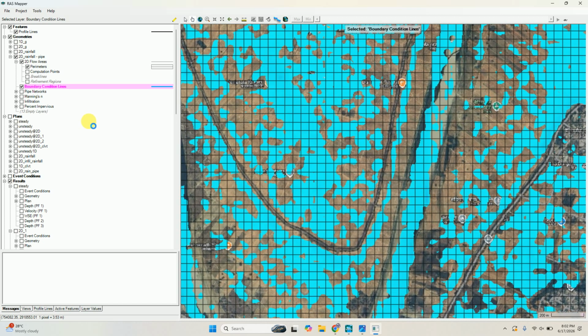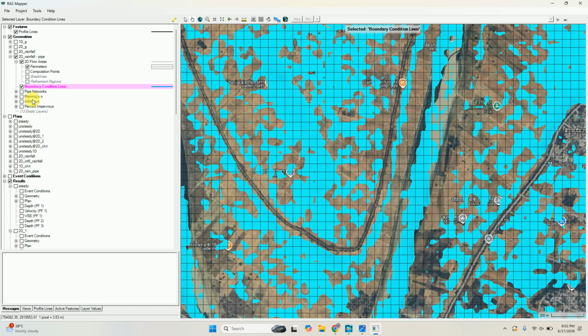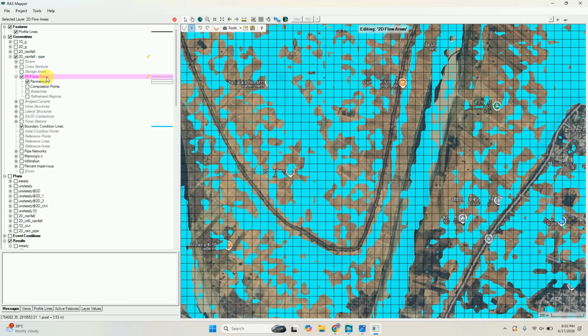Okay, and now the main thing which I'm going to explain here: if you want to build a pipe network, like a stormwater carrier system or network, then you have to right click here and go to edit, and as you click on edit you will find pipe network somewhere here.